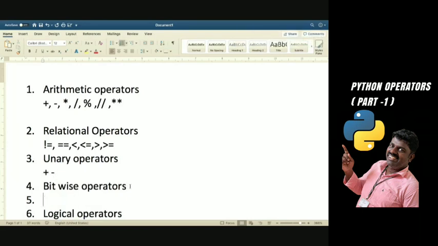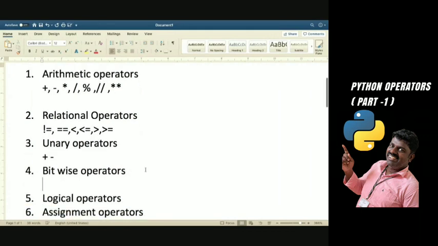The next one is the bitwise operators. What are the bitwise operators?